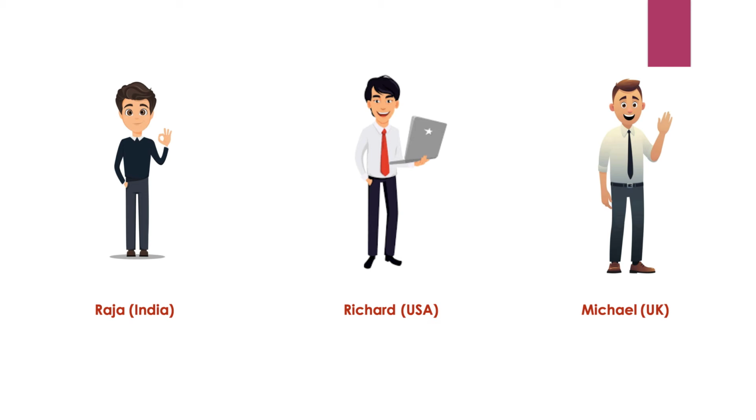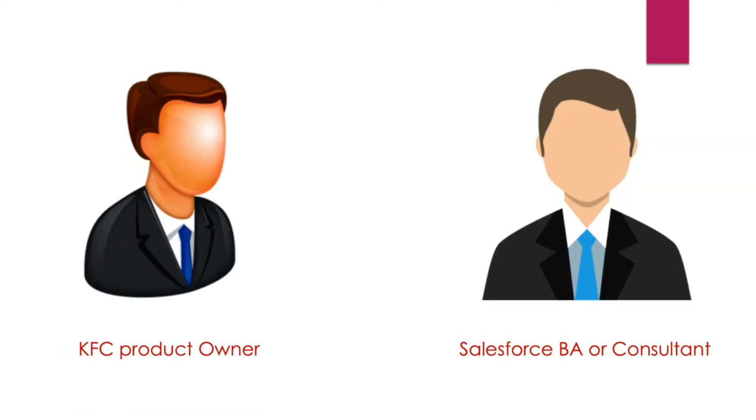Normally the people who work in sales have some targets to achieve. For that they run some campaigns, and from that they get some lead information. In this example, Richard, who works from the USA, doesn't have enough leads to achieve his target. In that case, if it is a common platform, he can contact other leads to achieve his targets without the lead owner's permission. This concern went to the product owner who works for KFC. Now the product owner raised a concern to the business analyst or consultant. Here the requirement is that the people who create the lead need to access only their own lead information. Others don't have permission to see this lead information.